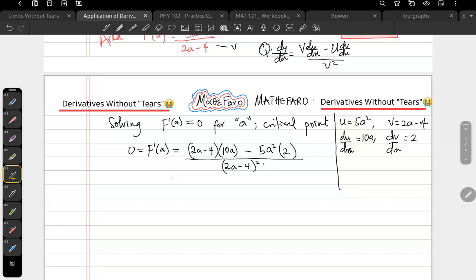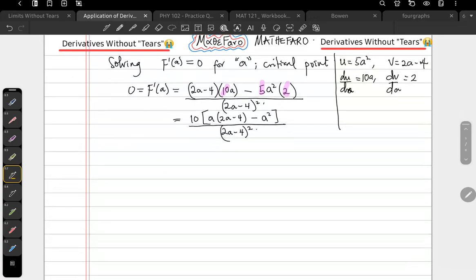Now, this is the same thing as 10. I'm factoring out the 10 in the numerator. So we have 10 into bracket a times (2a minus 4), then minus a squared, all over (2a minus 4) squared. And this is exactly equal to